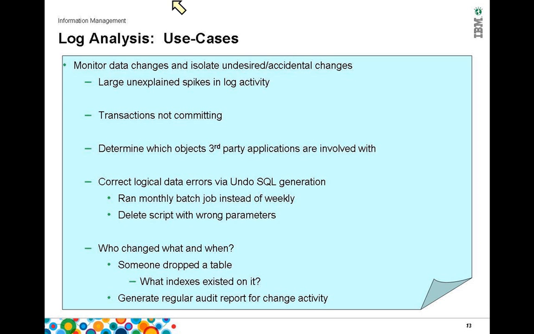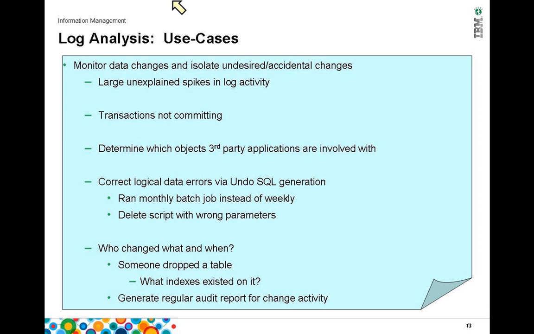You can mine that, generate a log analysis report, and look at that report and figure out what is causing that. You can look at transactions that are not committing. If you've encountered or are encountering an issue where the active log is being held up and you're running out of log space or conditions, that type of thing, you can look at transactions that are not committing, or you could look at transactions that have been rolled back, and